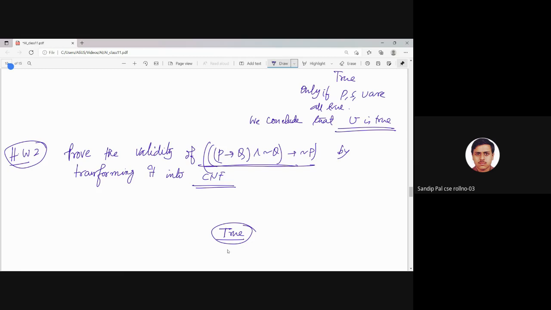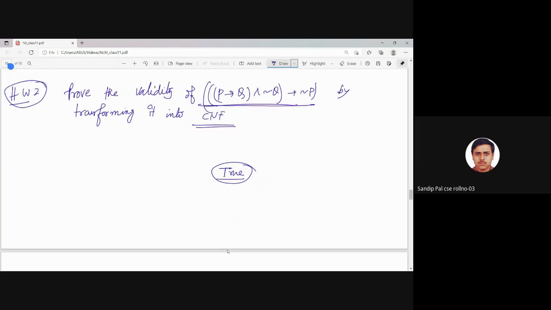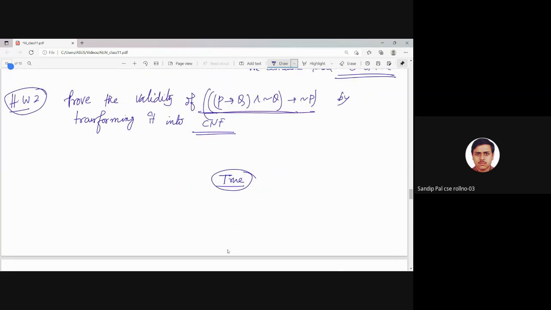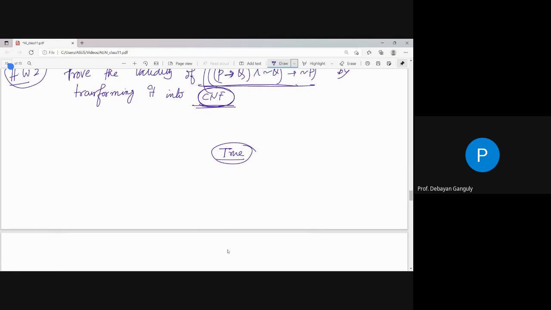স্যার, হয়ে গেছে স্যার, ট্রু হচ্ছে স্যার এটা। হ্যাঁ, সেটা তুমি প্রুভ করে রাখবে। এটাকে আমি ট্রান্সফর্ম করে দিয়েছি পি ড্যাশ প্লাস কিউ ডট কিউ ড্যাশ, তারপরে ইমপ্লিকেশন, ডি মর্গানস ল লাগিয়ে পি প্লাস কিউ ড্যাশ প্লাস পি ড্যাশ আসছে। যাই হোক, শুধু শুধু সেটা ভাবতে হবে না, তোমাকে কনজাংক্টিভ নরমাল ফর্মে প্রথমে কনভার্ট করতে হবে, কনভার্ট করিয়ে আমায় প্রুভ করতে হবে ট্রু। আগে এটাকে সিএনএফ এ কনভার্ট করতে হবে, তারপরে ট্রুটা দেখবে যে আসছে কিনা।